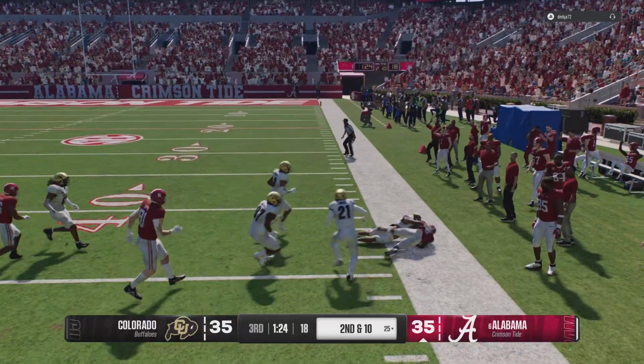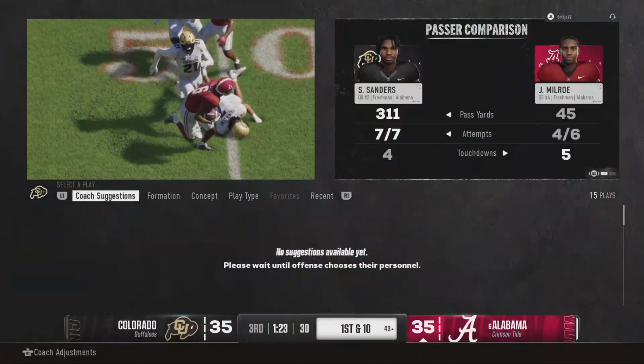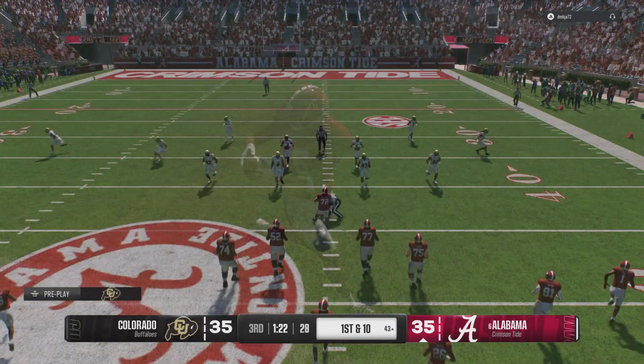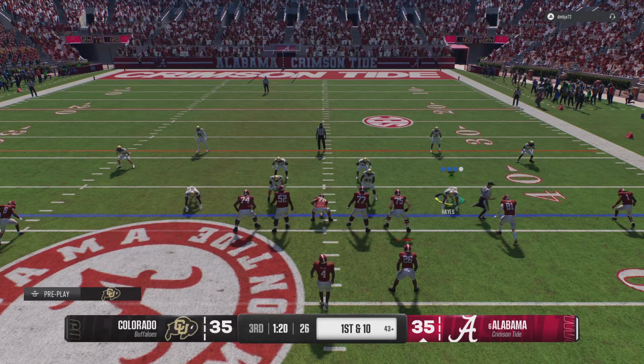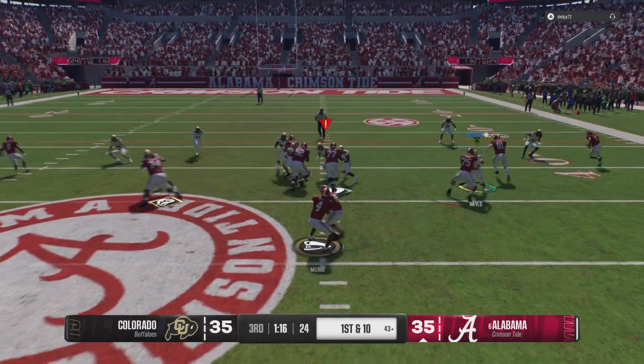At midfield, he's got room. They got him free for a big gainer down to the 43. How nice is it as a quarterback when you don't have to throw post routes to get great stats? No, I can just throw it quickly to one of the fastest players in the entire nation and let him